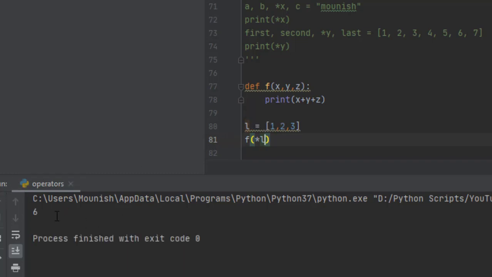You can see the answer is 6. It is simply printing out the sum of 1 comma 2 comma 3. So that's what it is.